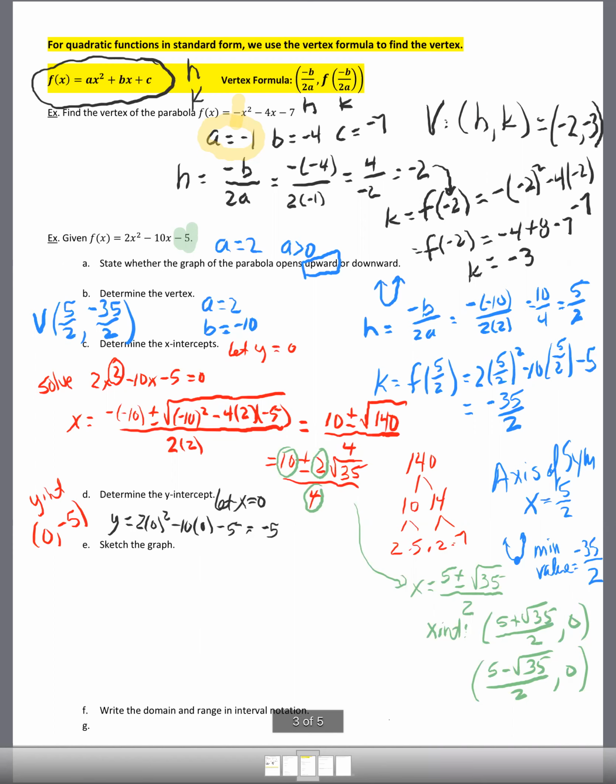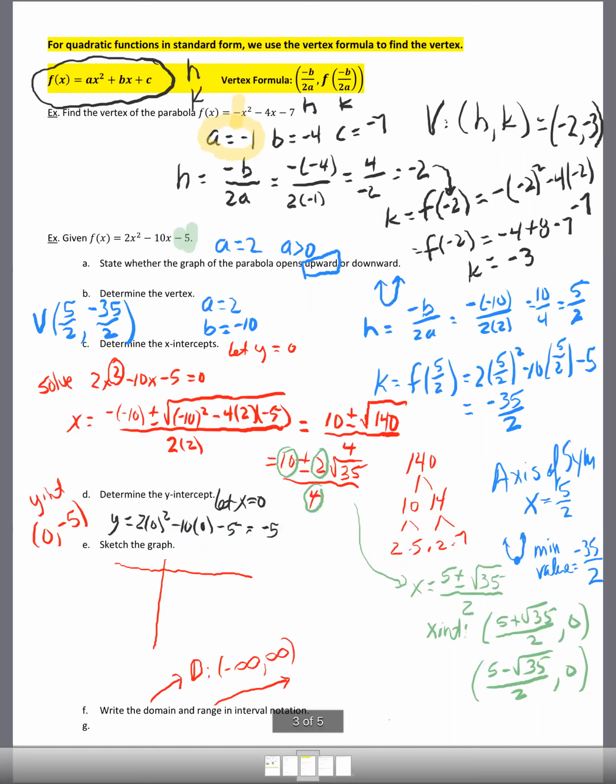For the domain and range, we know that the domain of any parabola is all real numbers. To find its range, you definitely want to look at its picture. And what we find out, if we go back to all of our clues, the first thing we know is that the graph is going to go upward. We also know that it's going to have a vertex that's 5/2, which is about 2.5, and